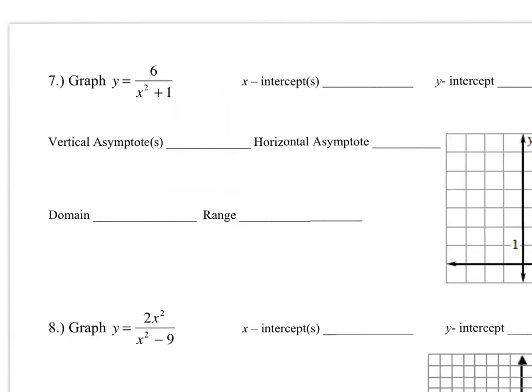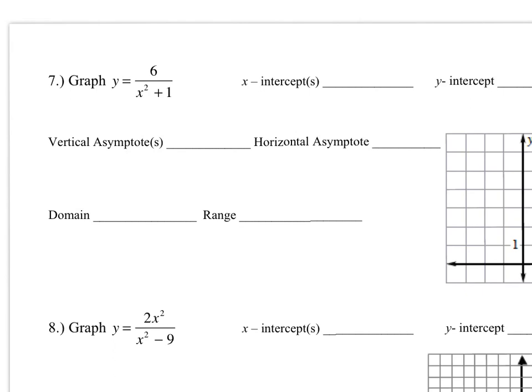For the rest of these problems, we are actually going to take one step further, and we're going to go ahead and graph them. So we're going to find all the same things that we just found in the previous problems, but we're going to take that extra step and graph them and find domain and range on top of that. So for number 7, graphing y equals 6 divided by x squared plus 1,